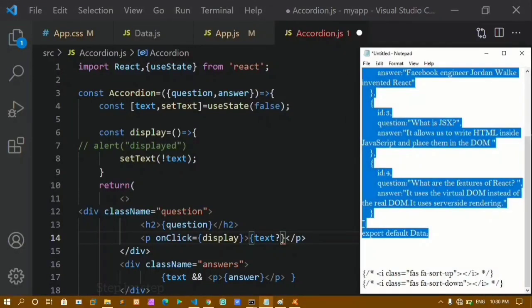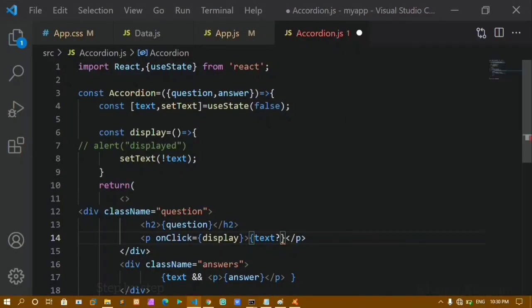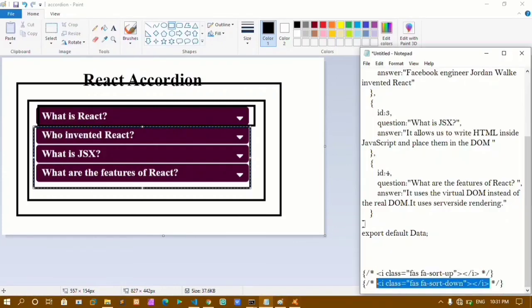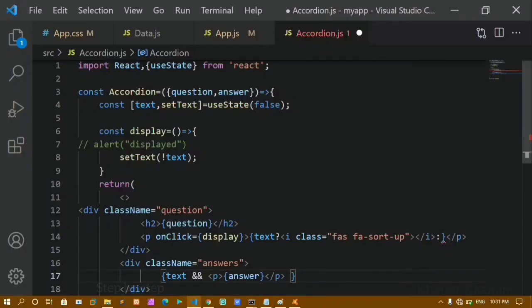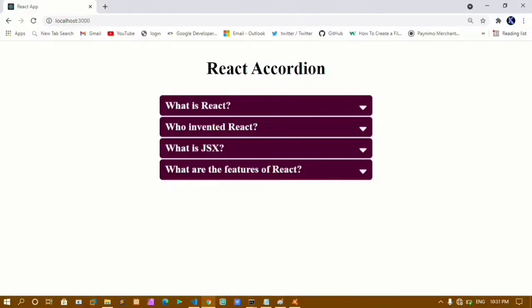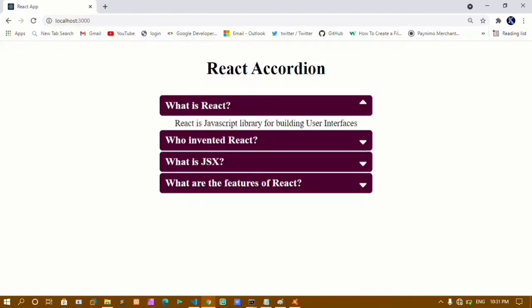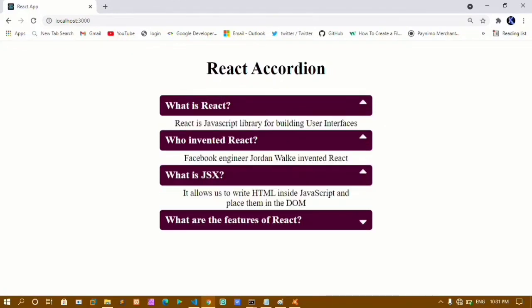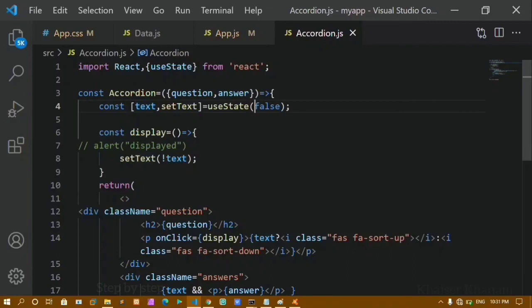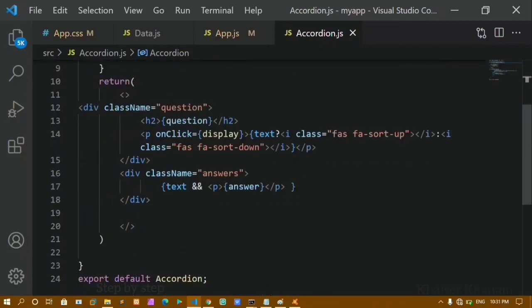I'll open this and copy this one. First I'll copy this, and here I'm going to paste that one, then a colon, and again I'll copy this one and paste it here. I'll save this. Now you can see I have this down arrow symbol. Now when I click on this, it will be changed to up, and I'll have this output. This is how we are going to check if it is true. First I have a false value here, so I'll get the second condition, that is my down arrow. When I click on that plus symbol, it will become true, and I'll get this arrow symbol as my output.